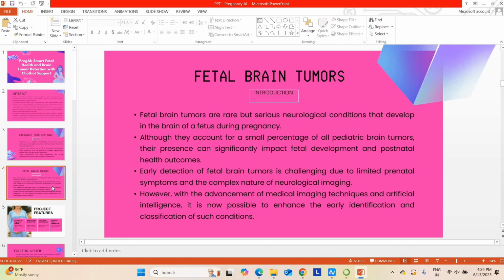And one more, fetal brain tumor. You may not know, 7 out of 100 children have a brain tumor in India. In future, it requires high-end operations, high resources, and money. So we have to predict the fetal brain tumor in the fetal stage itself. If the baby is in the womb, we have to predict the brain tumor at 6 or 7 months itself. While the baby is in the stomach, we can predict the brain tumor at that stage. So it is a groundbreaking project, as I mentioned earlier, and by this we can avoid many fatal injuries and deaths in future.